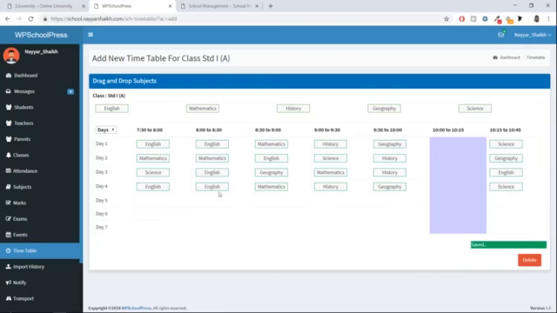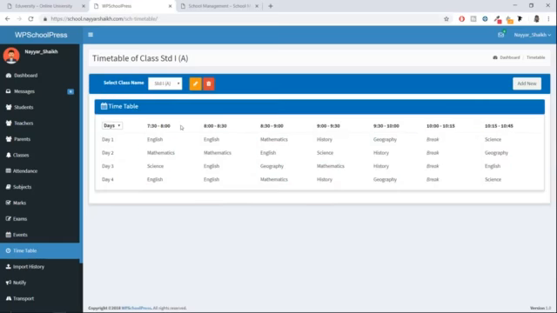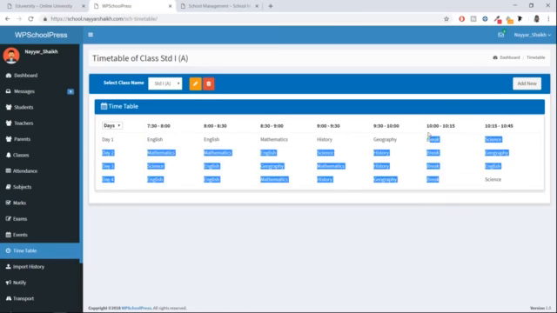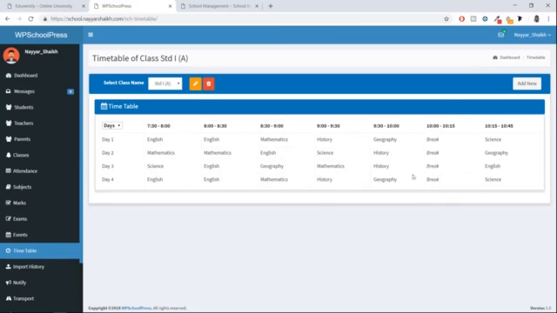Okay, so similarly you can just drag and drop all the subjects over here, and this is auto saved. So as you can see, it is already saved. Now when I click on timetable, when I select this class, you can see the timetable for this class. Day 1, first subject, second subject, all this subject, 10 to 10:15, it's all break, as you can see over here. Okay, so this is how easy and awesome creating this website is. Okay, so we are done with the timetable.